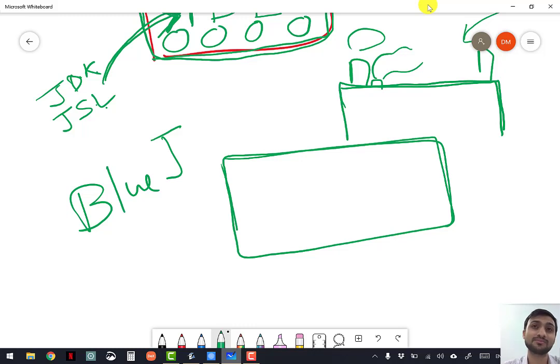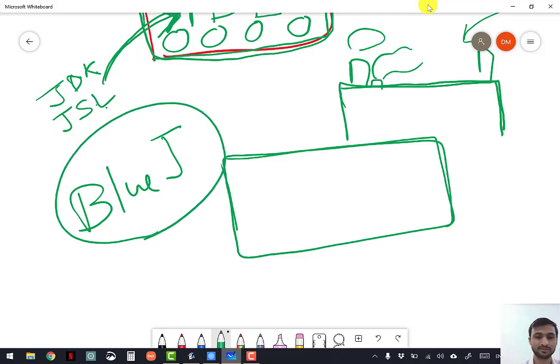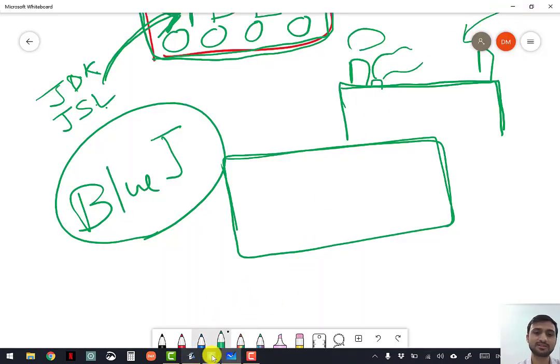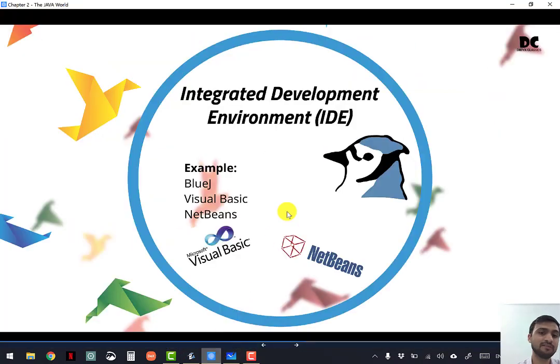Even other programs like Python you can use with Anaconda, but I have seen people writing Java programs in Anaconda also. But now we'll be using BlueJ, you can see BlueJ. So we will be using this environment. We will learn about this in future classes. This environment, this application, is itself known as an IDE, an integrated development environment.